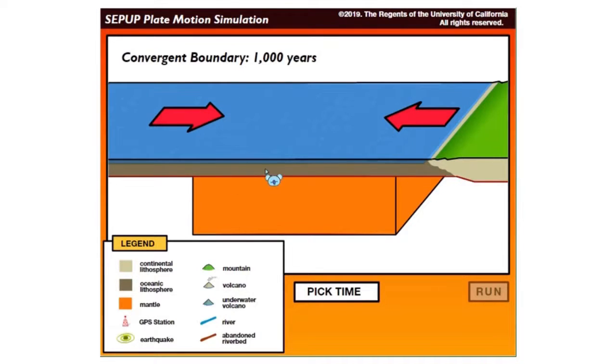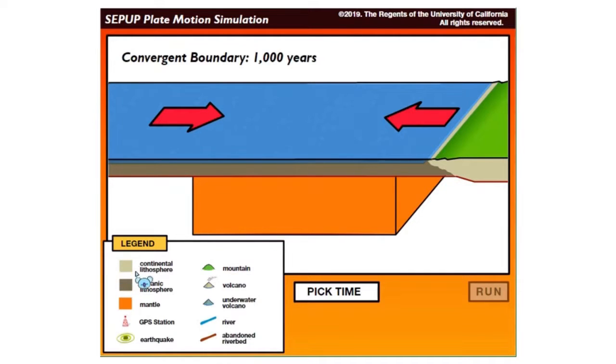As shown by the red arrows in the simulation, two oceanic plates will move towards each other. This indicates that the two oceanic plates will collide. For reference, we have the following legends, indicating the geologic processes and features which can be observed in oceanic convergent boundary.